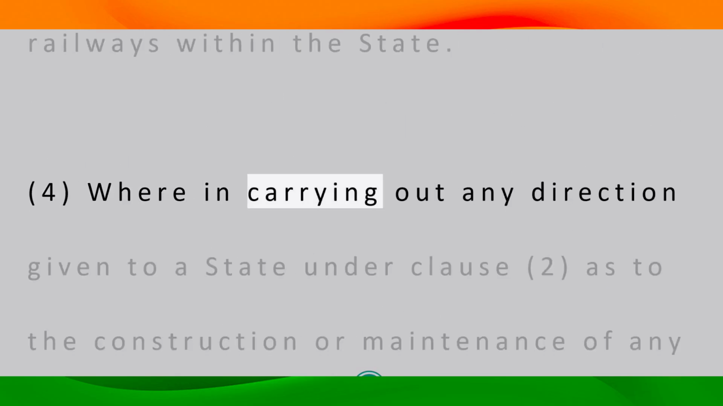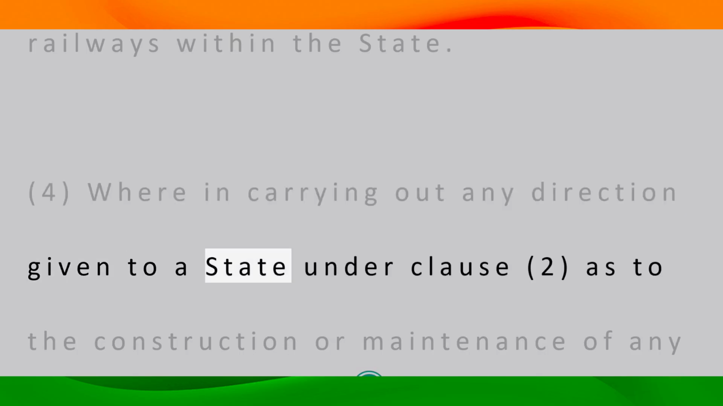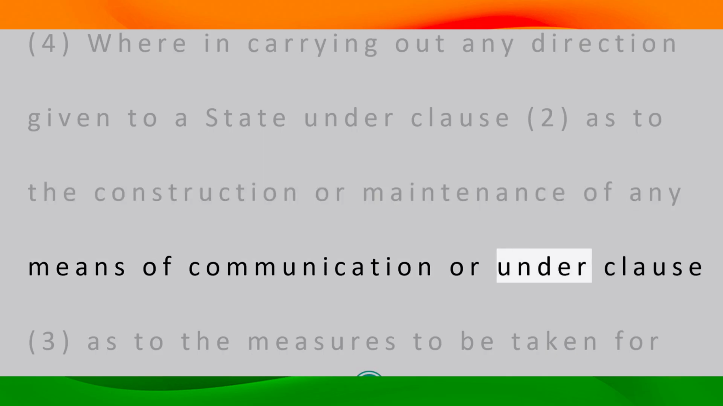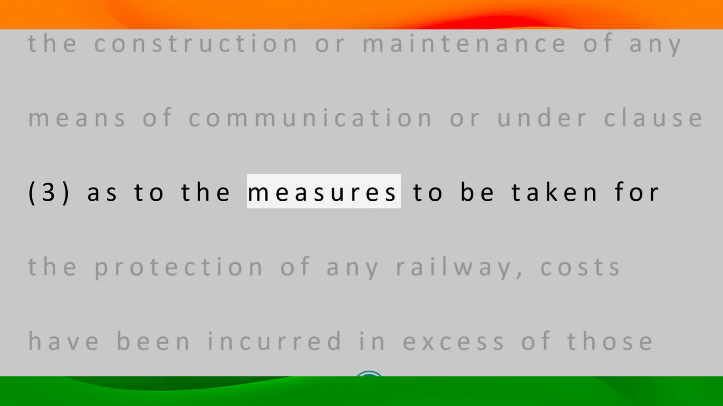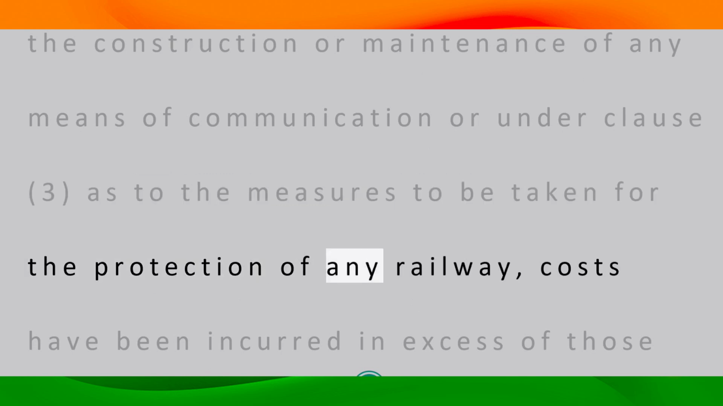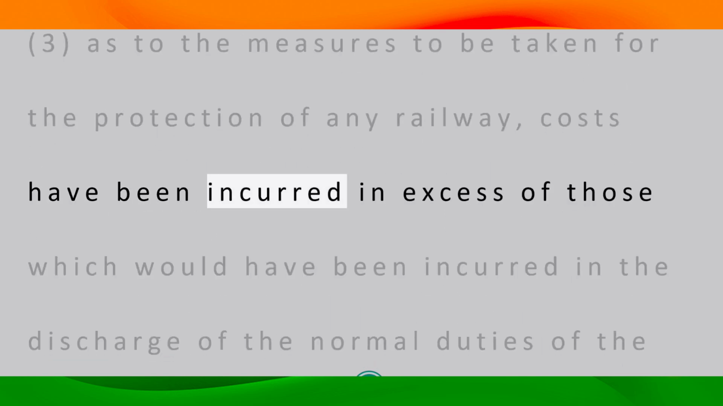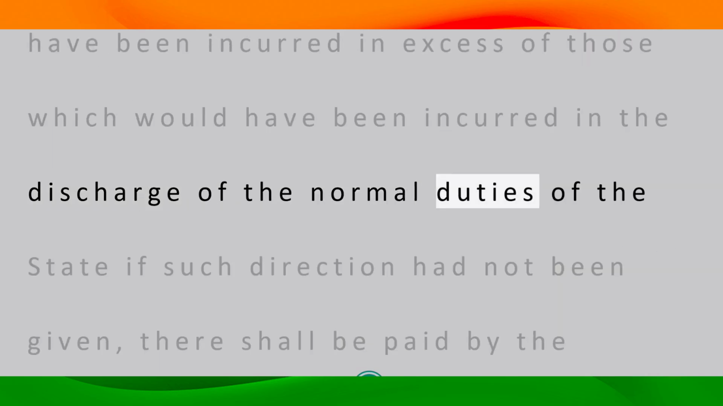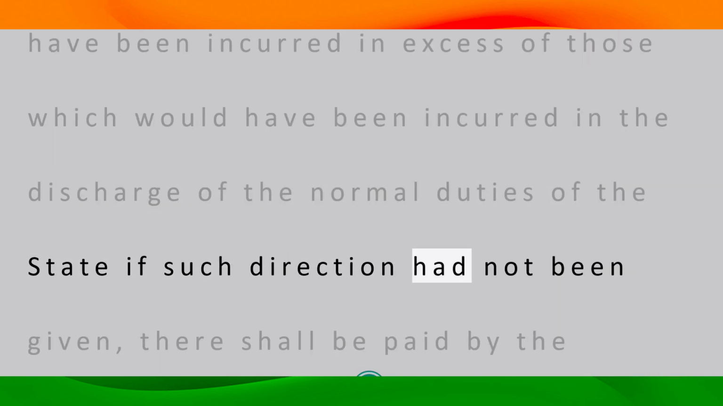4. Where in carrying out any direction given to a state under Clause 2, as to the construction or maintenance of any means of communication, or under Clause 3, as to the measures to be taken for the protection of any railway, costs have been incurred in excess of those which would have been incurred in the discharge of the normal duties of the state if such direction had not been given,